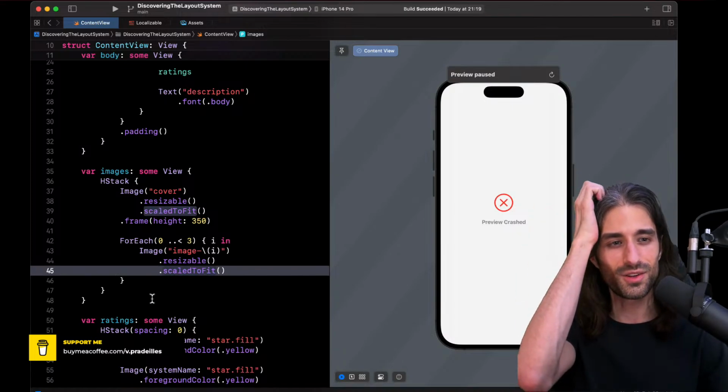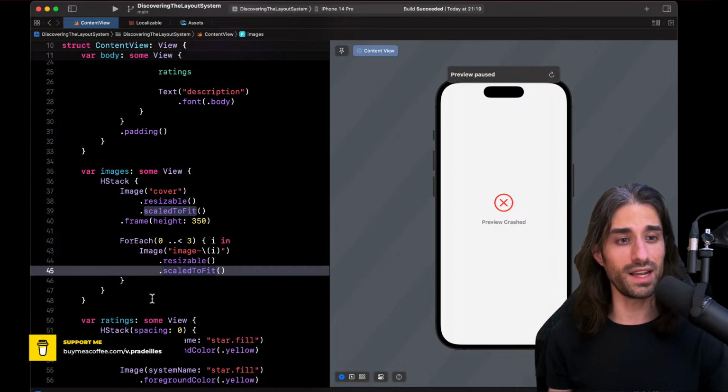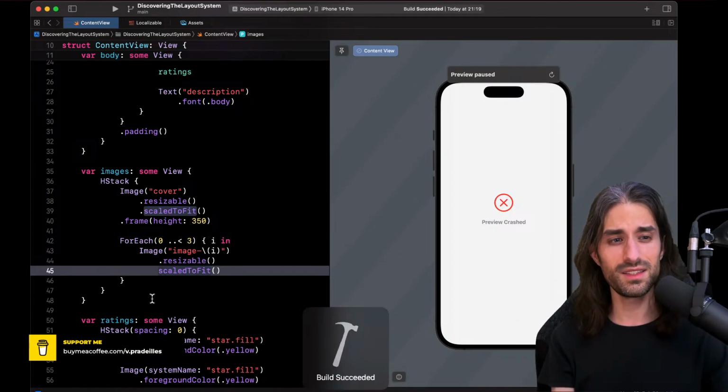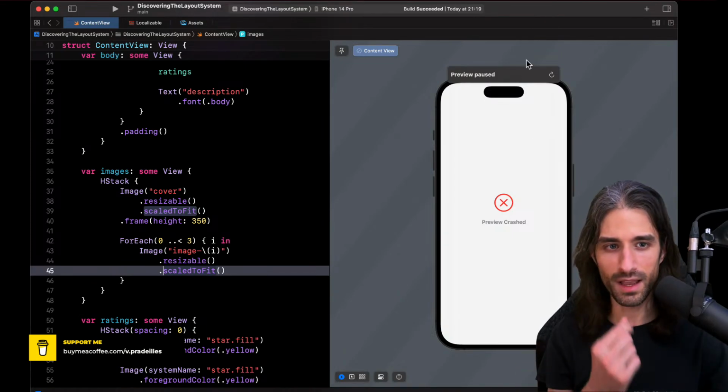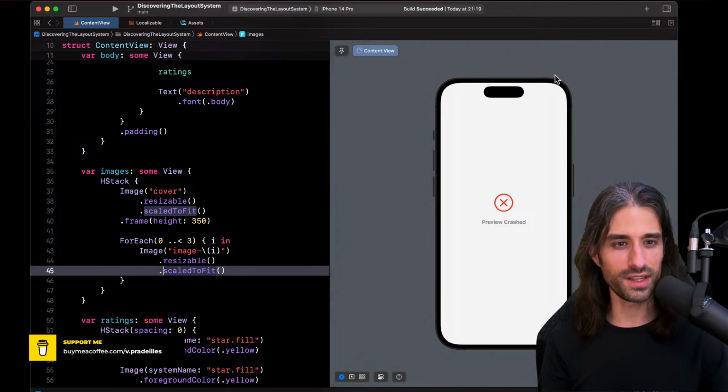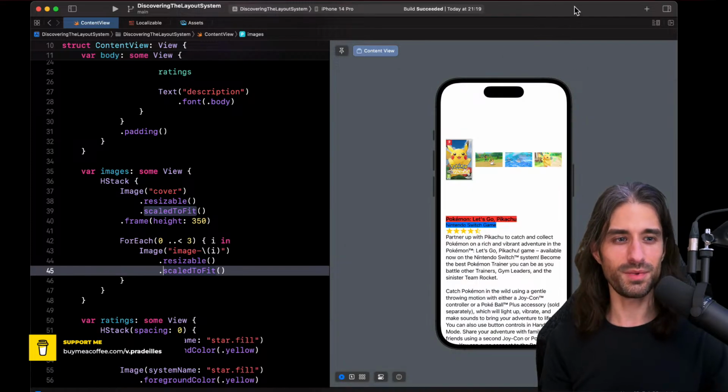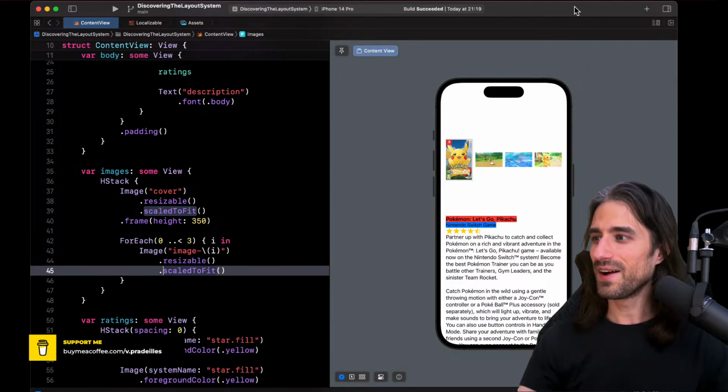So this is the little mistake in SwiftUI that can literally crash your app. And what sucks is that the code builds, so this mistake isn't caught at compile time. So quite the tricky mistake. You want to watch out for it. I hope I can make the preview work again because it's going to be, yes, perfect. It's working again. Okay.